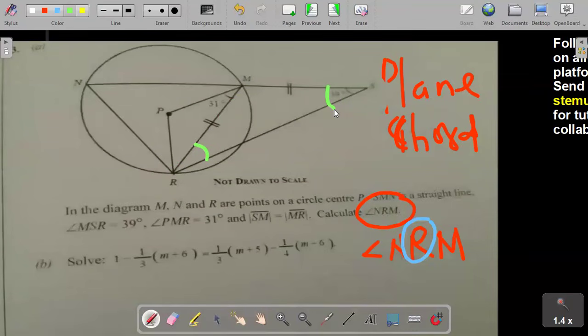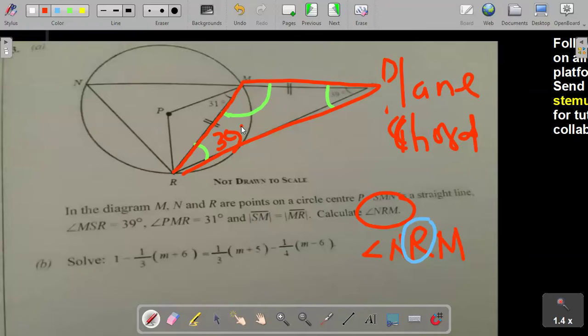So we can look for this angle here. Let's look for this angle. For us to find this angle, you will notice that this whole thing here is a triangle. Just forget that here is 39 degrees. So for me to find this angle, I will need to apply the sum of angles in a triangle because